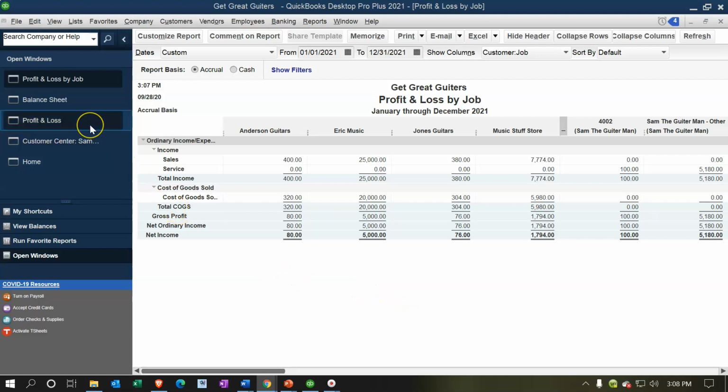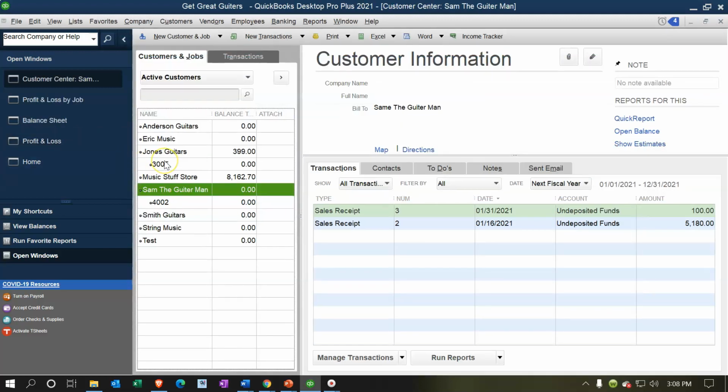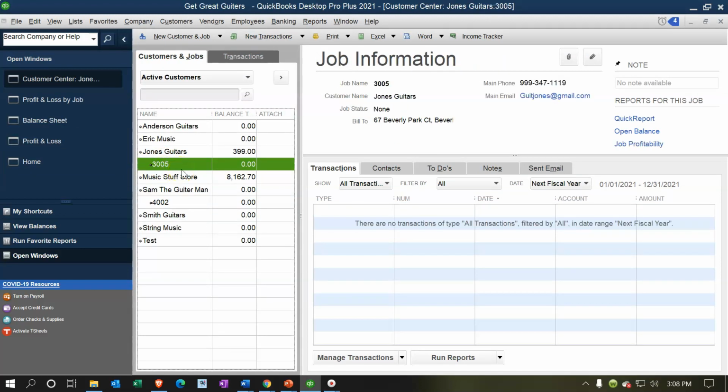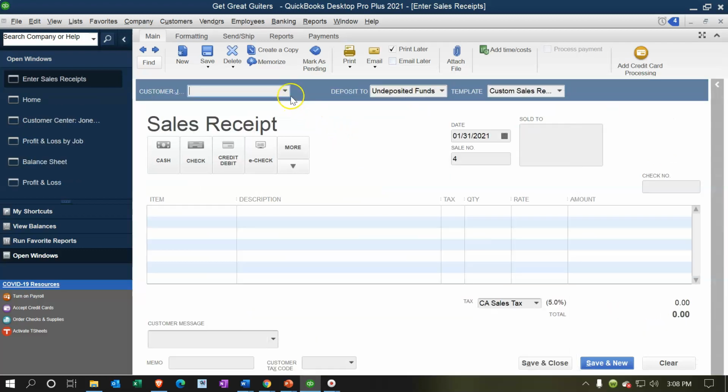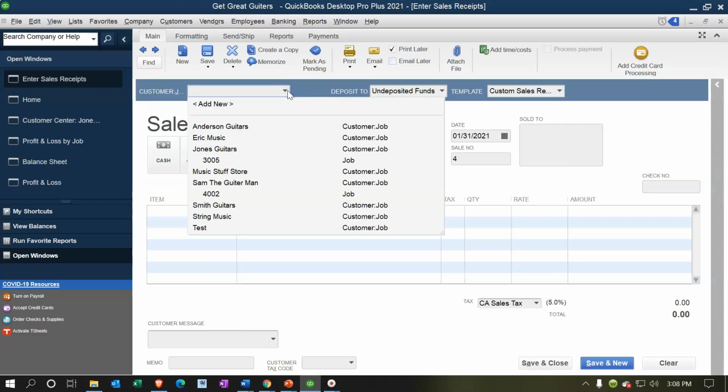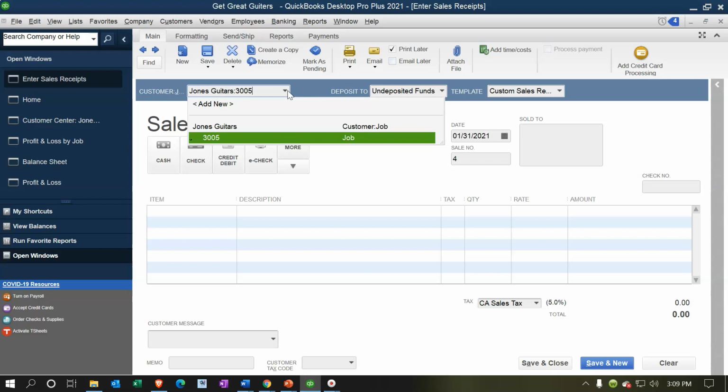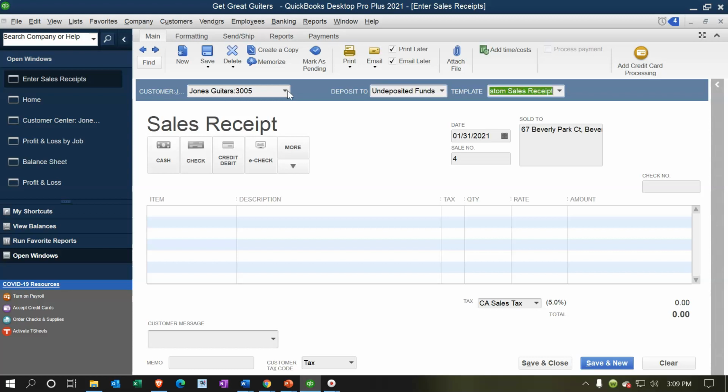So I'm going to go back though. Let's do it again here. Let's go back to the customer center and the home page, and let's go to the 3005 then. So let's create a job now for this job 3005, or a sales receipt for this job. Same process. I'm going to go back to the home page, and we're going to say we want to create a sales receipt. Then you can hit the drop down and find it, or you can just simply type in 3005. So it's going to be Jones Guitars. This is a job connected to Jones Guitars, and it's going to come undeposited funds. We're going to say let's do the cash again,